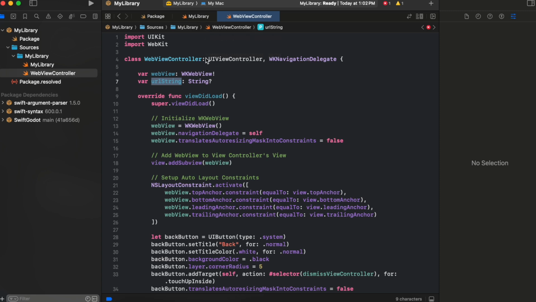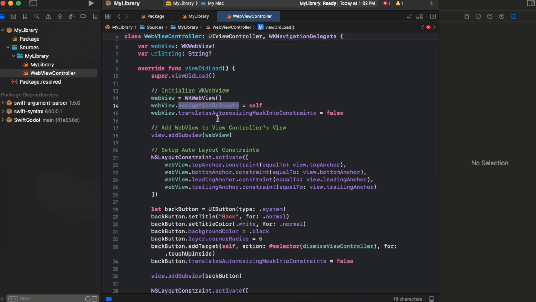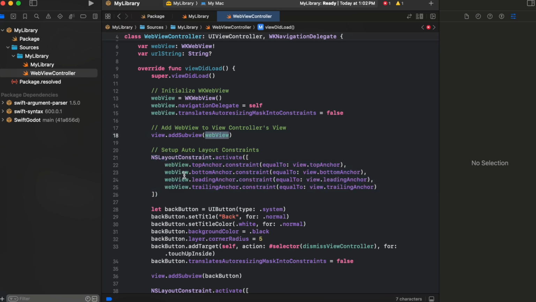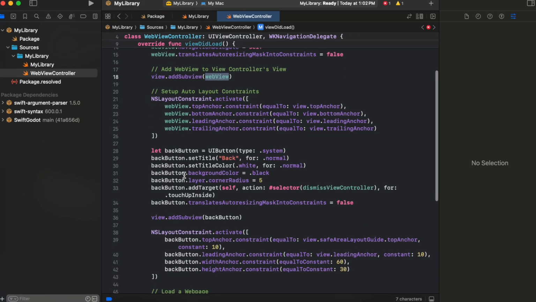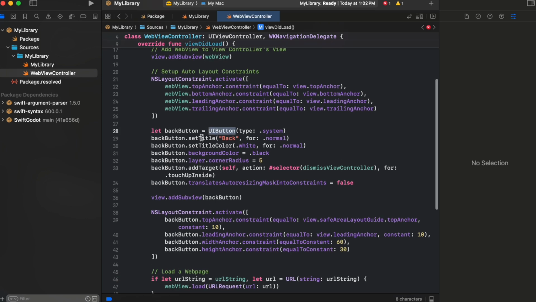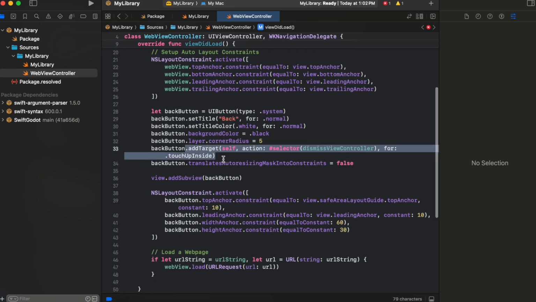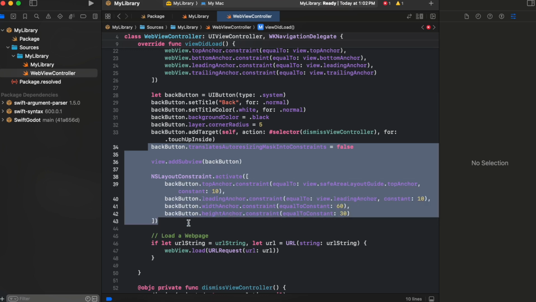Then once this screen loads, we immediately initialize our WebView, set the navigation delegate, and translatesAutoresizingMaskIntoConstraints is false. This basically is used to programmatically set how your WebView should look. So I'm trying to occupy as much width and height as possible for our WebView, also adding this WebView to our parent view. Then to go back to the original screen, I have created a UIButton, and I have set the title color, background color, corner radius, as well as a click listener to it,